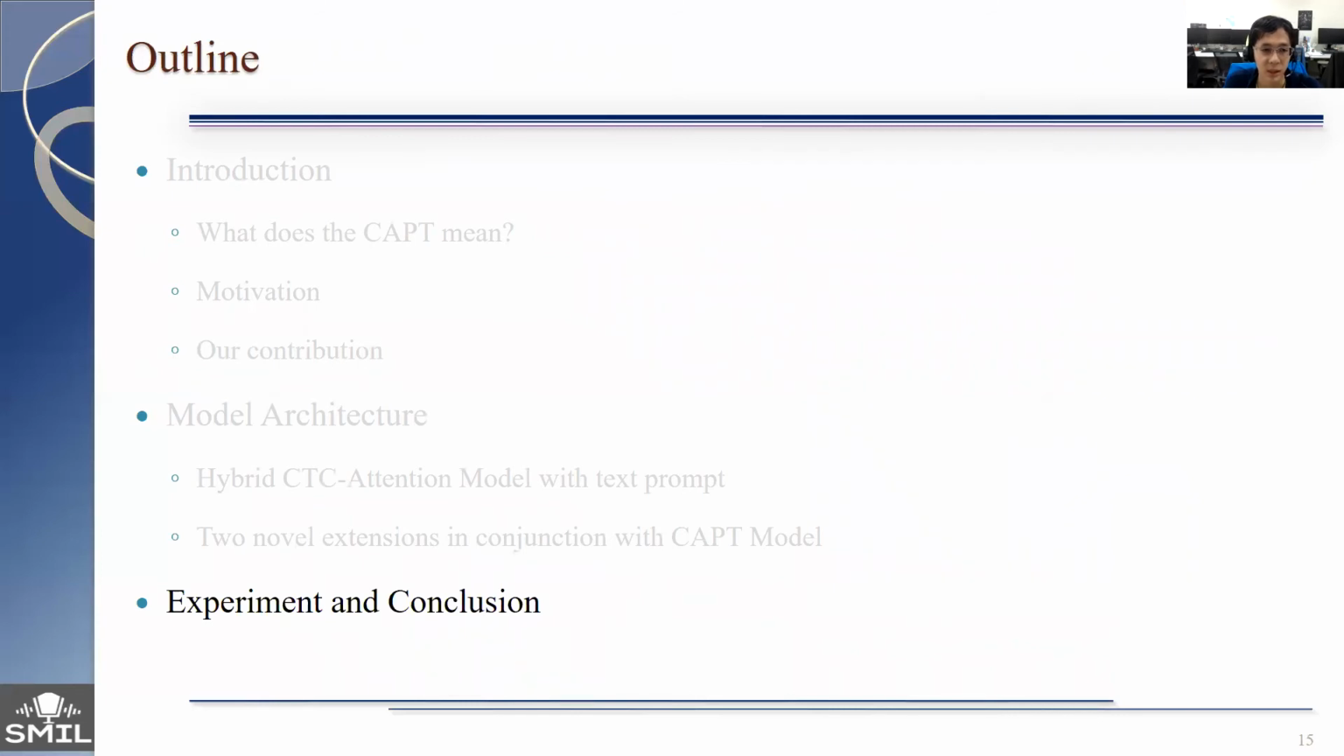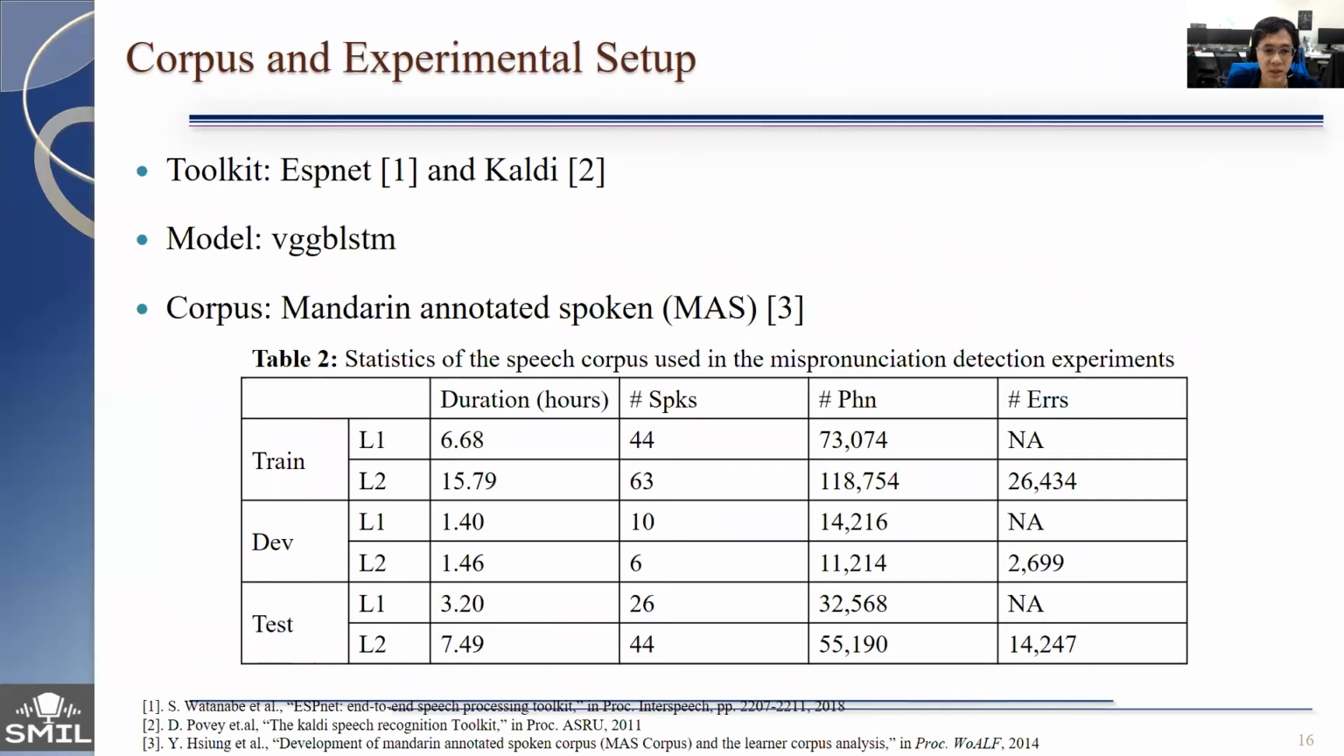Okay, the next part is the experiments and the conclusion. Our MD system with the hybrid CTC-Attention model was built on the ESPnet toolkit, while the GOP-based MD system with the DNN-HMM model was built on the Kaldi toolkit. The dataset employed in this study is the Mandarin annotated spoken corpus, compiled by the Center of Learning Technology for Chinese, National Taiwan Normal University, between